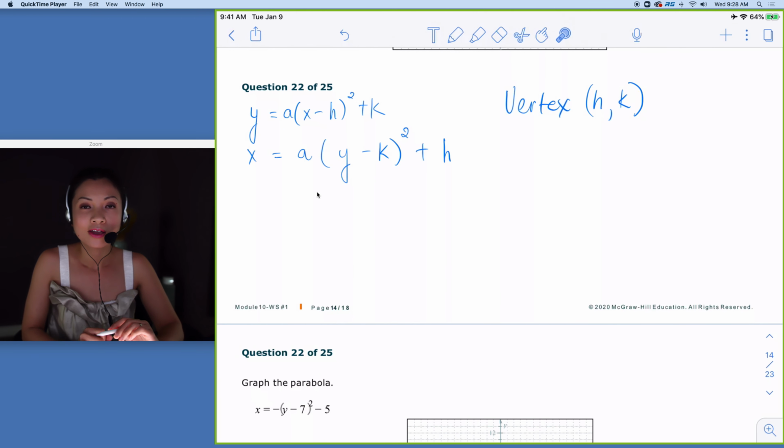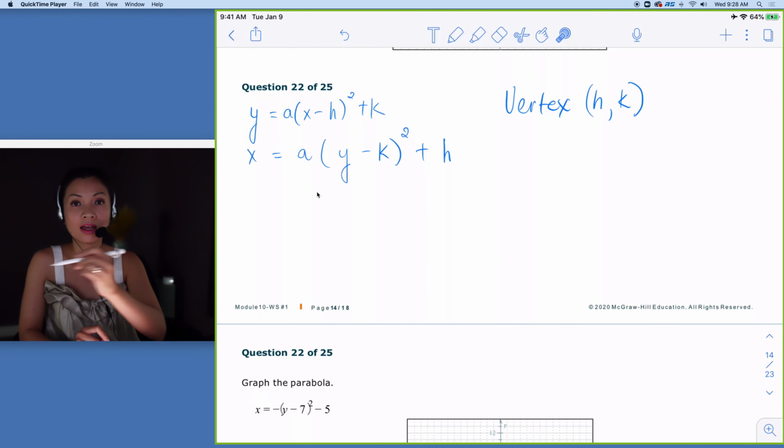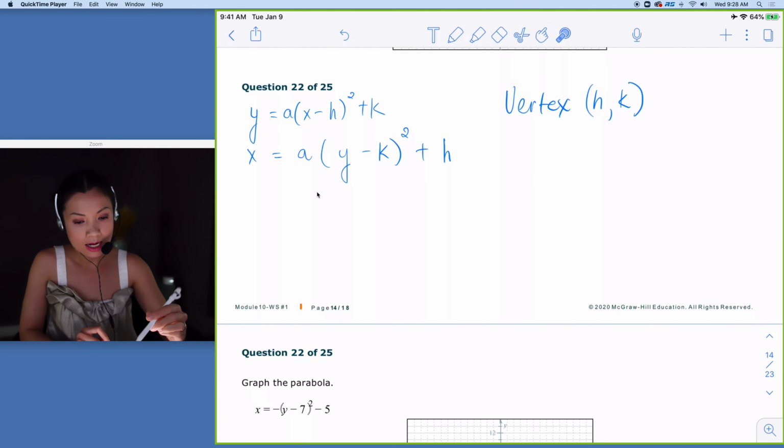Hi class, for this module we're gonna revisit parabolas, and this time not only will we look at the parabolas that open upward and downward, we're gonna look at the sideways parabola as well. So the parabola opens to the left or opens to the right. Now if you look at the two types of parabolas that I have written down for you,